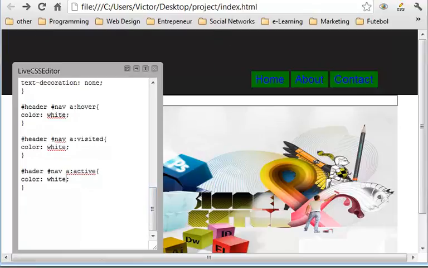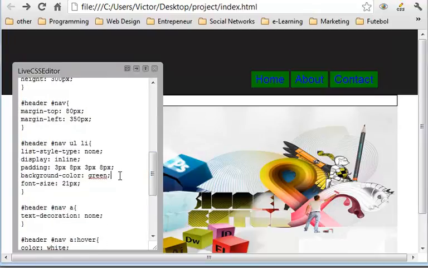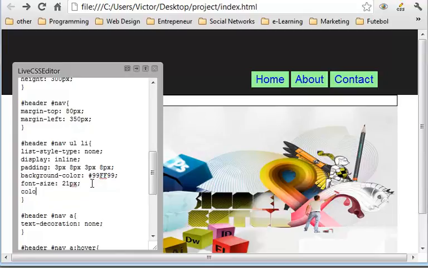Now the next thing I'm going to do is change the background color here of the listed links, and I'm going to put a nice light green color, FF99, and there it is. Okay, it's pretty awesome. The letters, I'm going to change to color black,